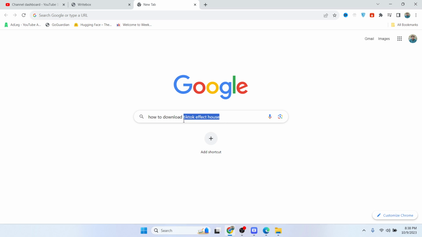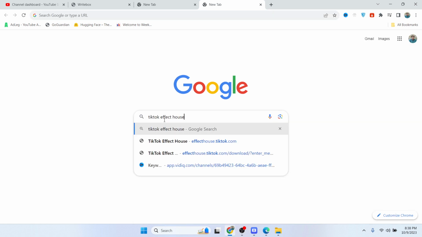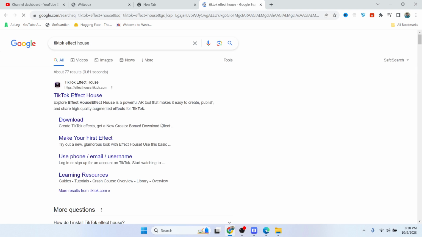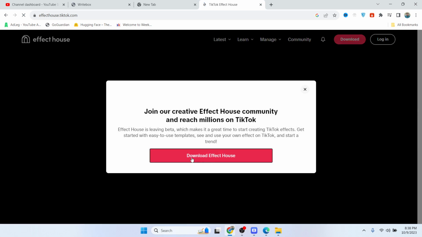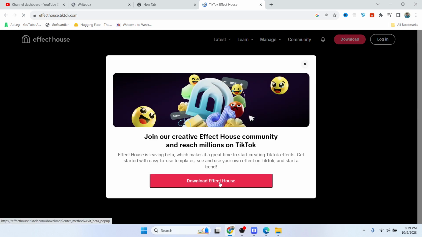So the first step you simply need to do is to search on any browser TikTok Effect House, and here you can see download and TikTok Effect House option. You simply need to click on the first website. Okay, and here you can see download Effect House. Click on that,